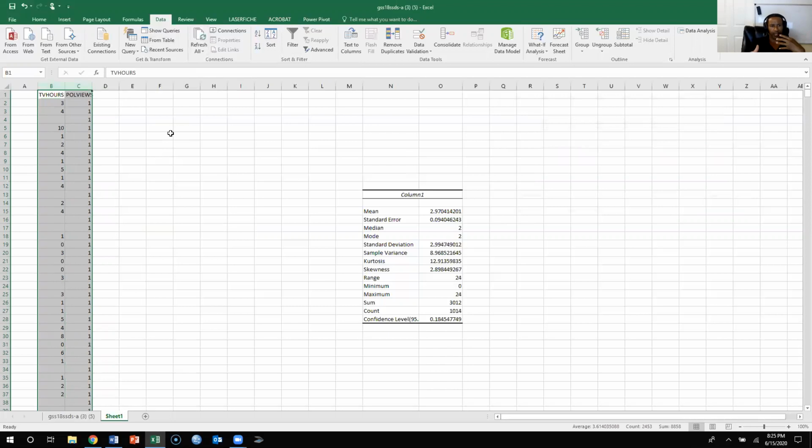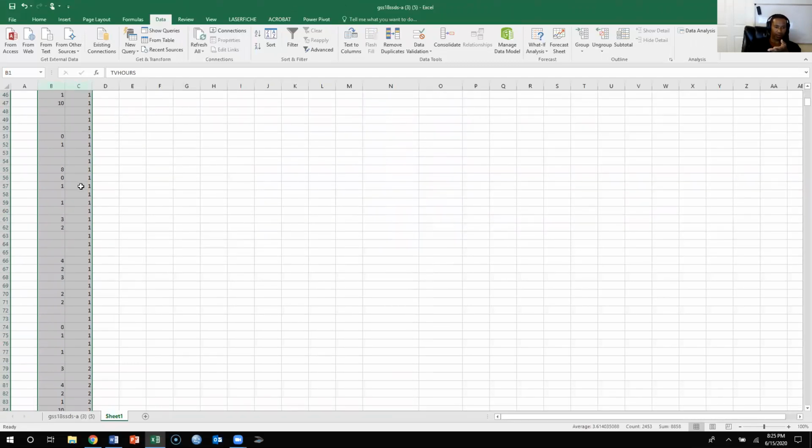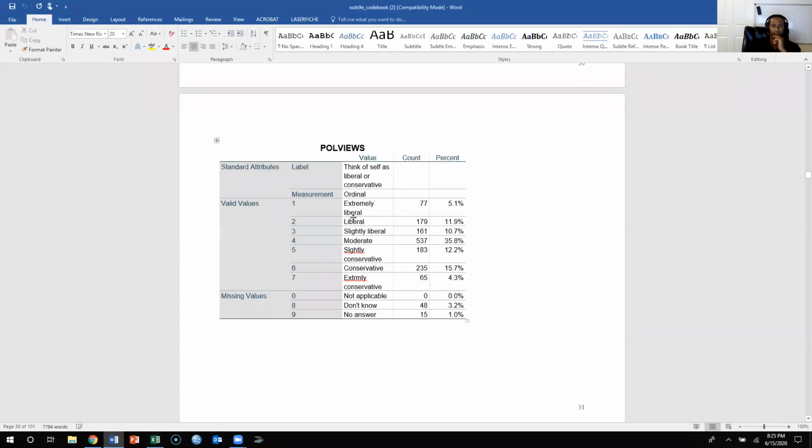Okay, so now it's altered the data to where everybody who said one corresponds to something, right? Everybody who's one is here, then everybody who's two is here. So what is one? We need to, again, look at the code book to find out what one represents. Those people who were marked as one are people who identified as being extremely liberal. Okay, so now that we know that one is extremely liberal, two is liberal, and so on and so forth, we calculate another 95% confidence level